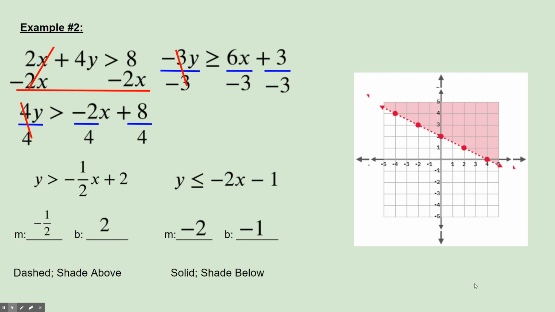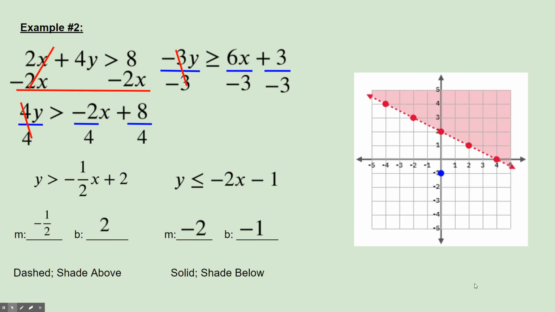So first we start off by plotting our y-intercept. The slope is negative 2, so we're going to go down 2 to the right 1. And we're going to continue this pattern in both directions. So down 2 to the right 1. And then we also need to go the other direction, going up 2 to the left 1 continually. Now we said we're going to connect these points with a solid line. Now we're going to shade below this one. Now you're going to see that the shading is going to show you